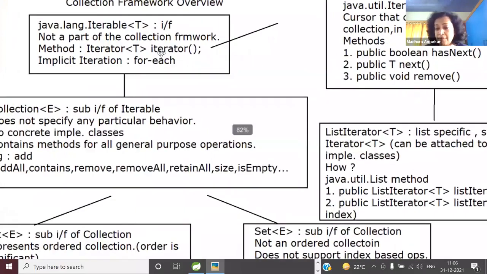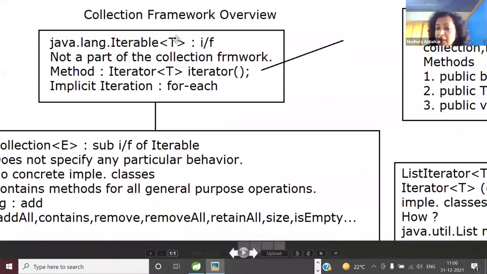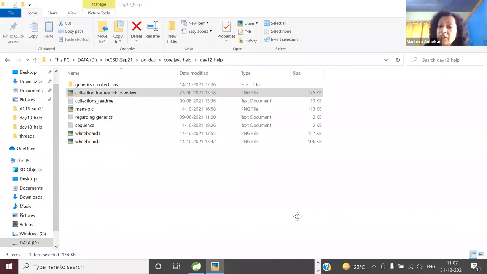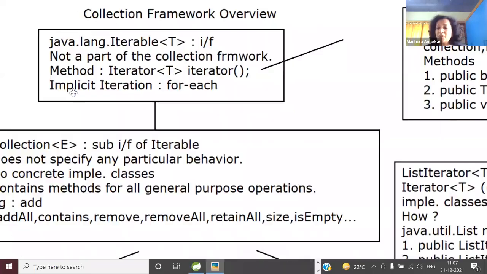So let me ask you, is it a generic interface or a non-generic interface? Simple question. The moment you see angle bracket and type, generic types, everyone knows it's a generic interface. And what does a T stand for? T is nothing but the type of the element. Can it be replaced by a primitive type or a reference type? P or R? It can be only replaced by reference types. Very right. So it looks like you have done your homework properly. And then it can be replaced by either your wrapper classes, Integer, Long, Short, Float, or Employee, Customer, BankAccount,